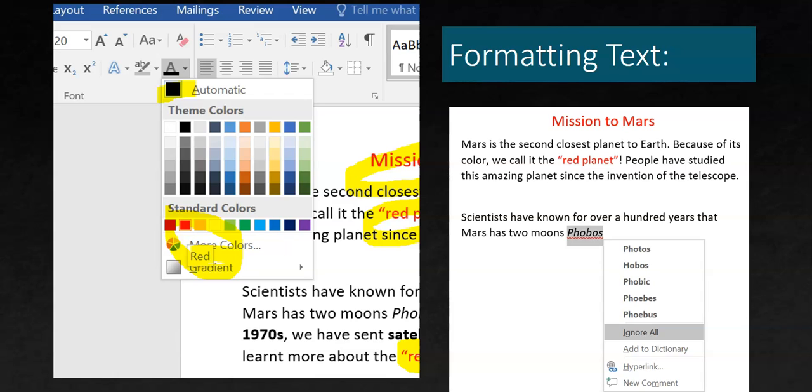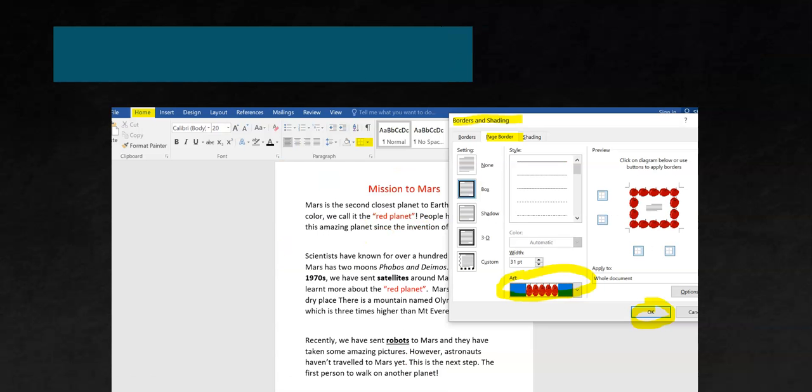What I did was I right clicked on that, and this pulled up a choice. There's photos, phobic, phibis. I would click on Ignore All or Add to Dictionary. So whenever I'm typing that word again, it would not show the red crooked line. Okay, and then